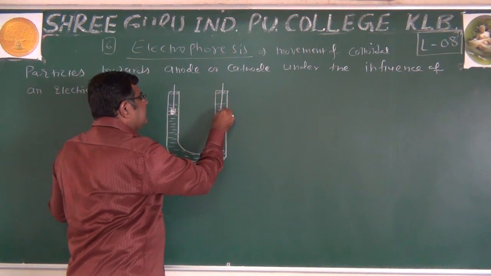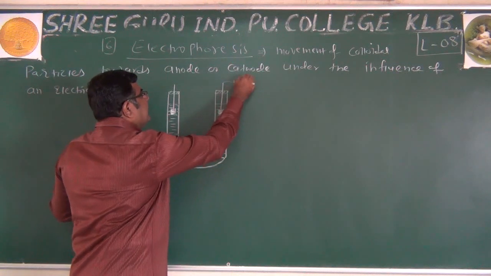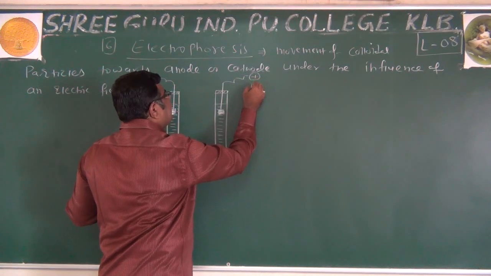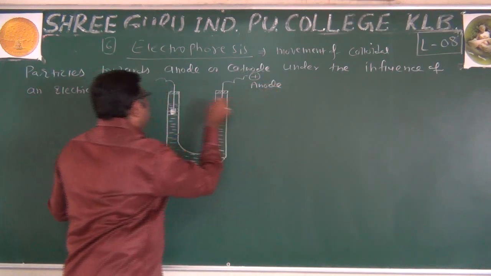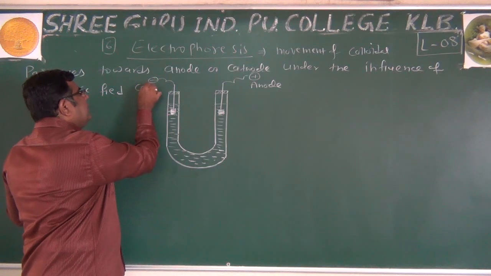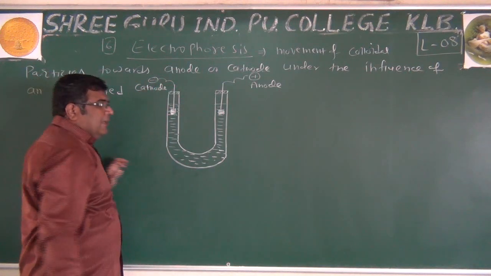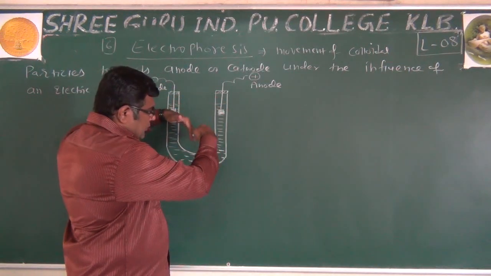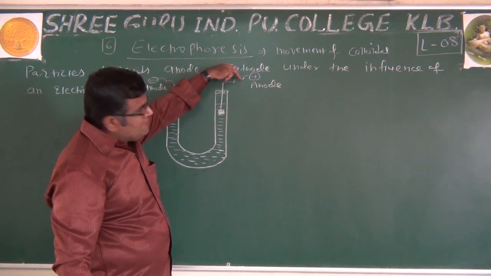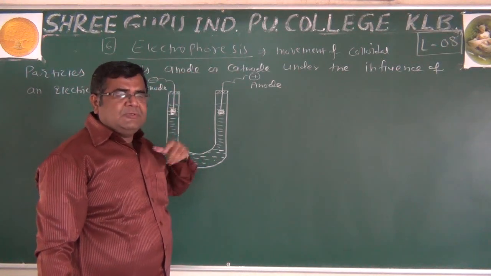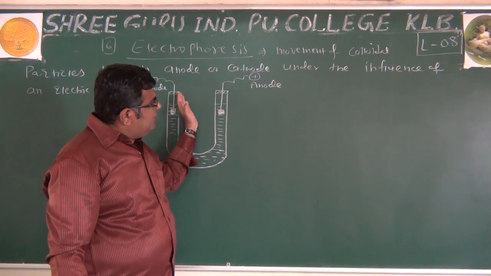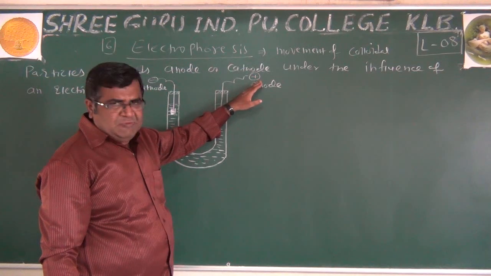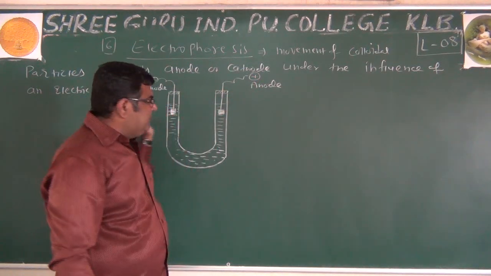are immersed, and they will connect the positively charged electrode, which will be anode there, and the negatively charged electrode to the cathode. In Bredig-Zerk method also we have immersed two electrodes, but I have not labeled one as anode and one as cathode. You should take care that just immersing electrodes will not serve our purpose. We have to mention which is anode. You can mention any one, that doesn't matter.